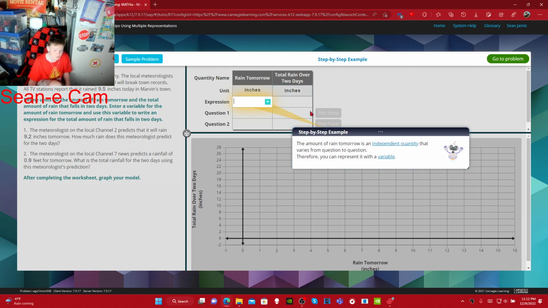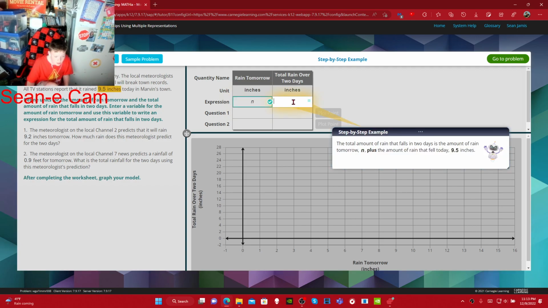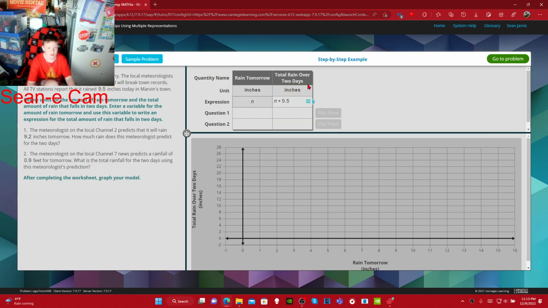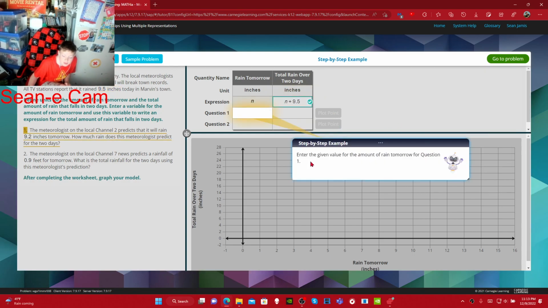Therefore, you can represent it with a variable. So we'll do n. Then we'll do n plus 9.5. Enter the given value for the amount of rain for question 1, which is 9 point